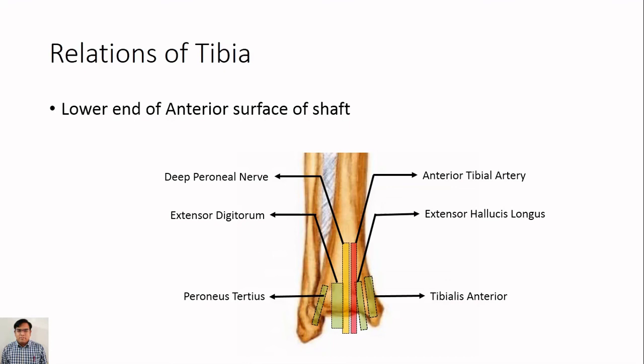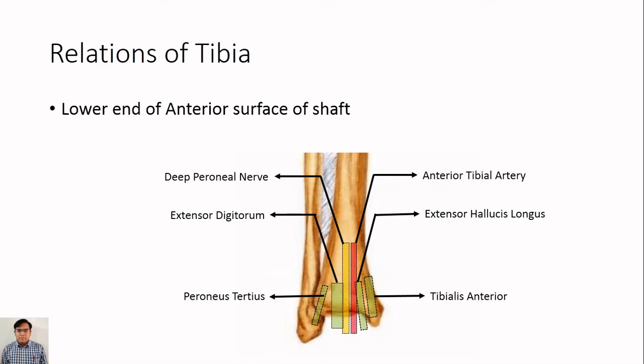So the anterior aspect of the lower end of tibia is related with, from medial to lateral side, tibialis anterior, extensor hallucis longus, anterior tibial artery, deep peroneal nerve, extensor digitorum,